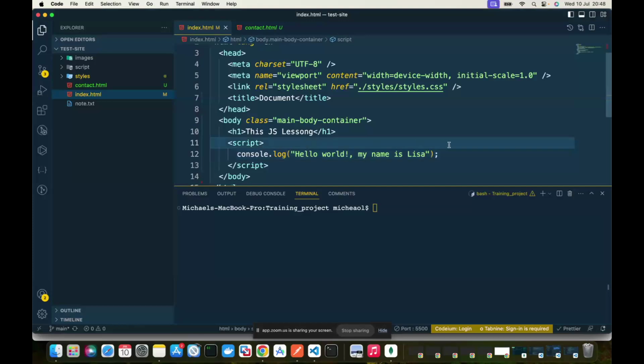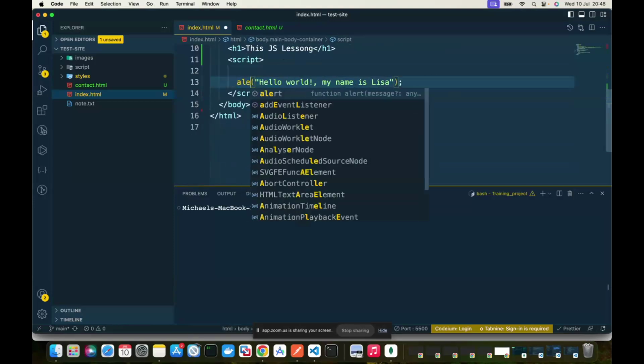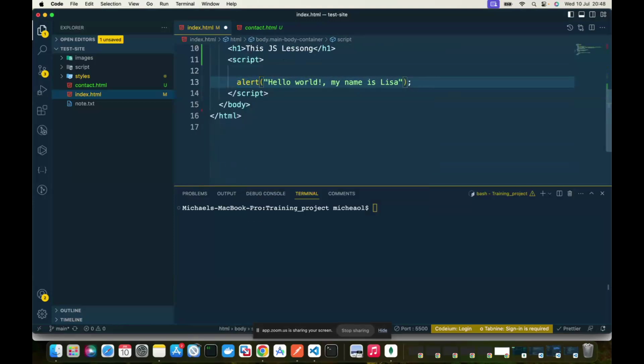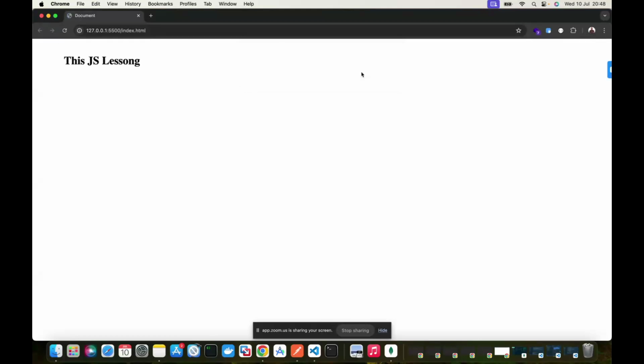Another one I will show you, I will leave the console.log right here, is that on top of the console.log, instead of saying console.log, I can say alert and save. Do you see that? Yes, sir. But you see that this keeps running. It keeps loading. Look at the name document where my cursor is now. The web page is still loading. It's not stopped loading until I click this OK button.